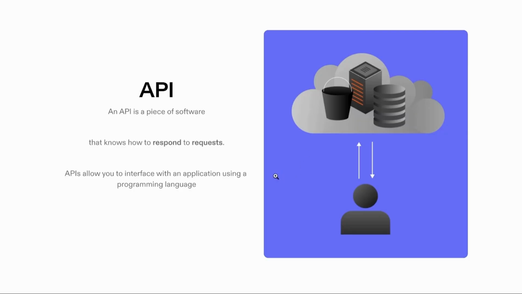API, application programming interface, sounds like a confusing term, but it's really simple when you think about it. Application programming interface, what is that? Well, it's some piece of software which allows you to interface with an application, such as Uber, using a programming language. That's what it is. So you can write some code which makes this request. You've got programming, which makes a request to interface with some application, and that application is going to send you back a response. So that's what an API is. I think that's a useful takeaway here, if you understand what this is.